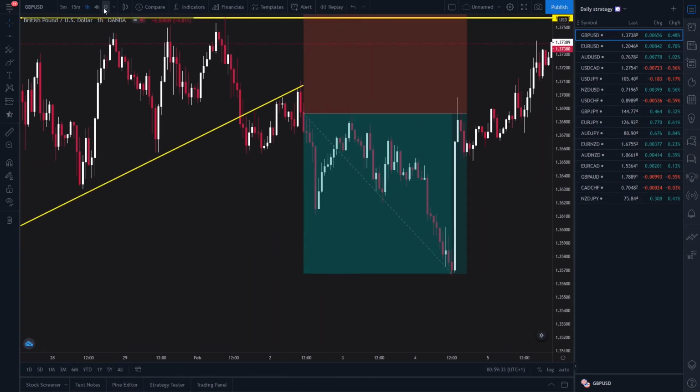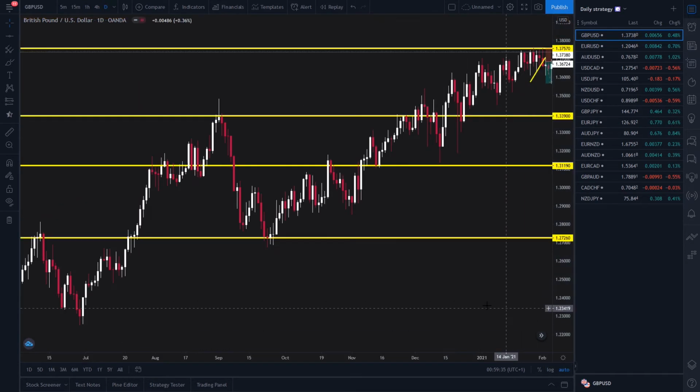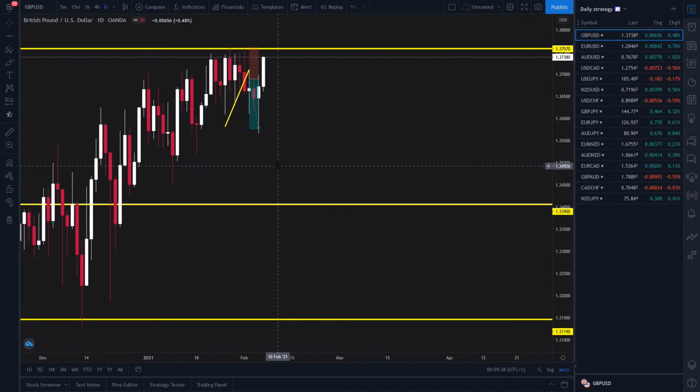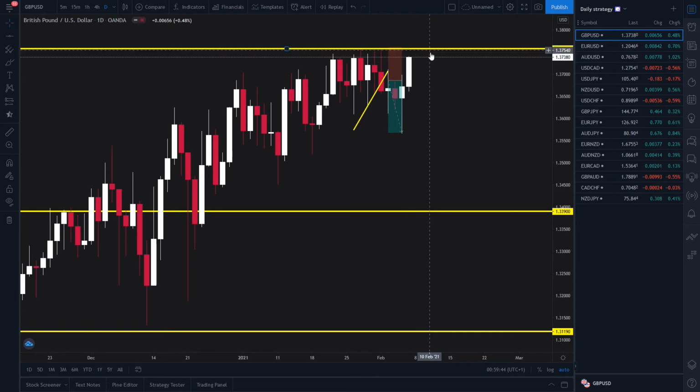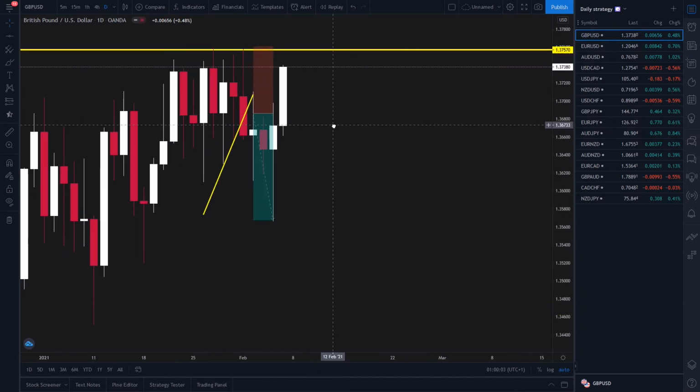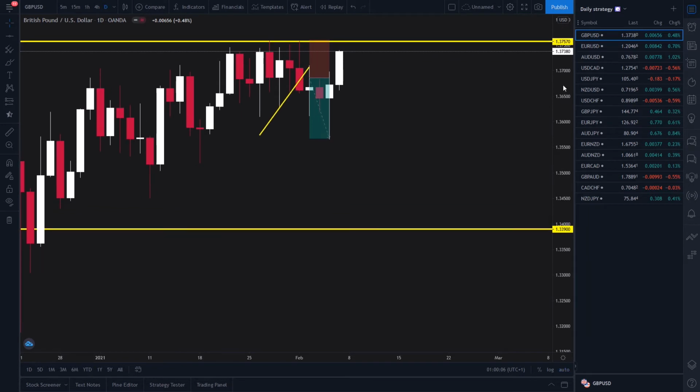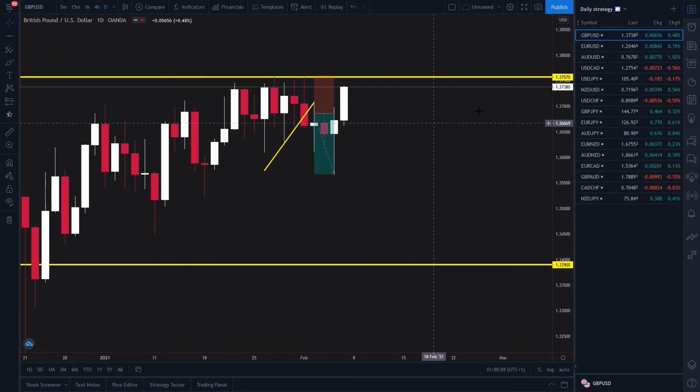But that's not the main point of today's weekly analysis, so let's go to a daily time frame and check the trades where we can end up profitable on the yellow levels. So we can see GBPUSD is pushing to the resistance, and we will be looking for an indecision candle forming here on a Monday, and after that we can enter a short position. But it's not really valid yet, because it's not Monday and you don't know what Monday can bring us. So let's mark this up as a potential,